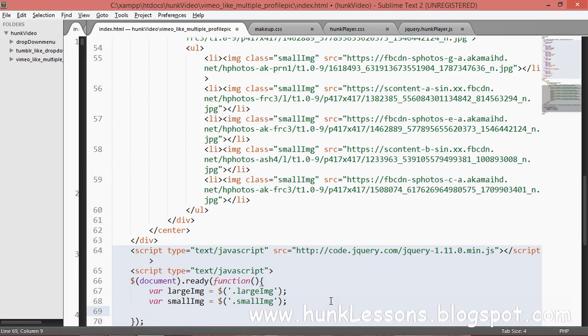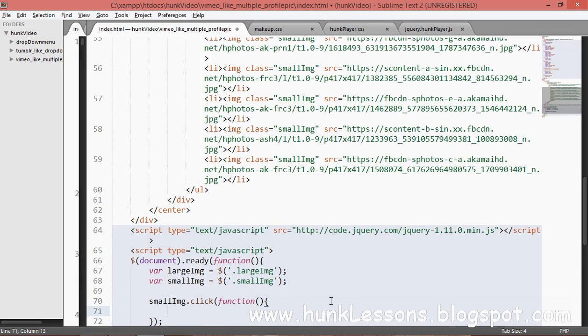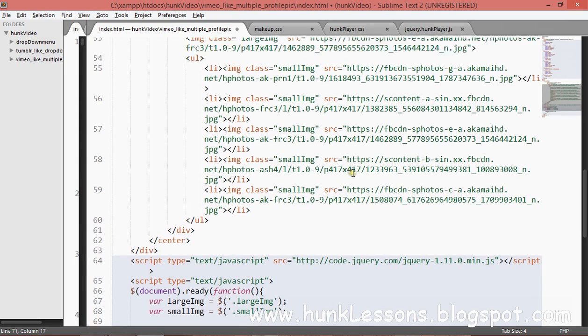Now we will do a simple thing. Whenever the small image is clicked, we will perform a function. Okay, I forgot one thing.